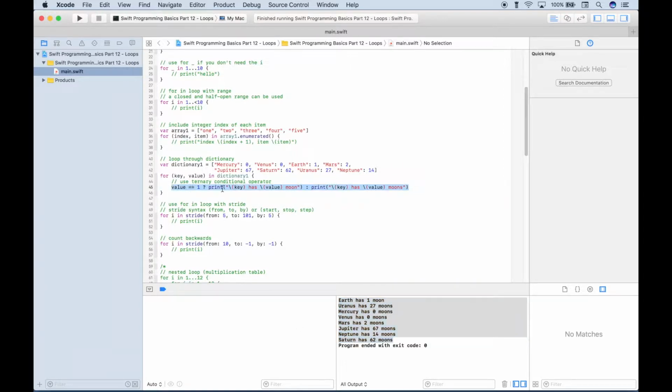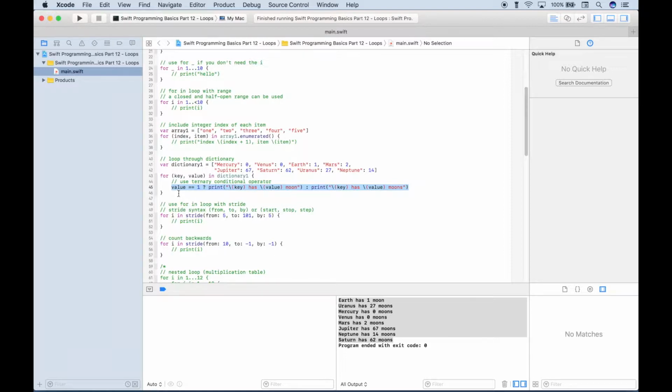Now, just to explain this syntax a little bit further, just in case you're not familiar with the ternary or conditional operator, what we wanted to do is try to properly add an S to the moons if they're plural, and we've gone ahead and left it moons even if it's 0, but if it's 1, we just want it to say 1 moon. Now, one way to do that is by using the conditional operator, and it looks a